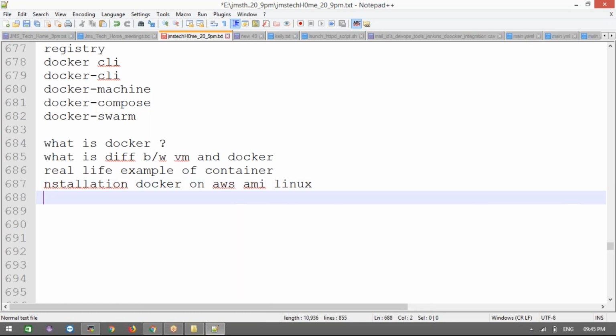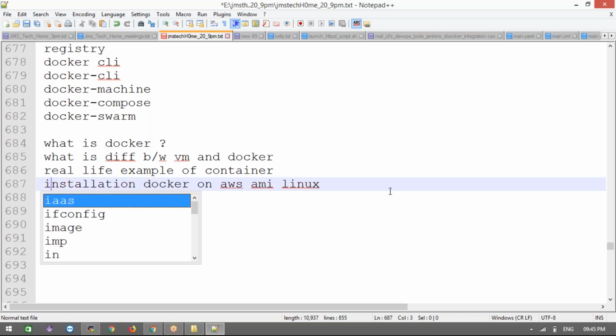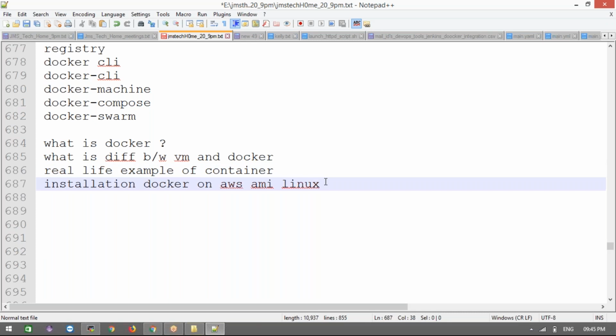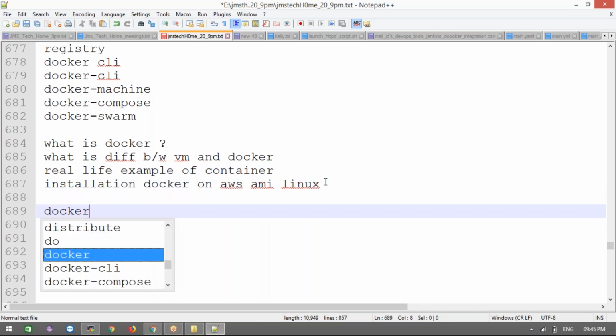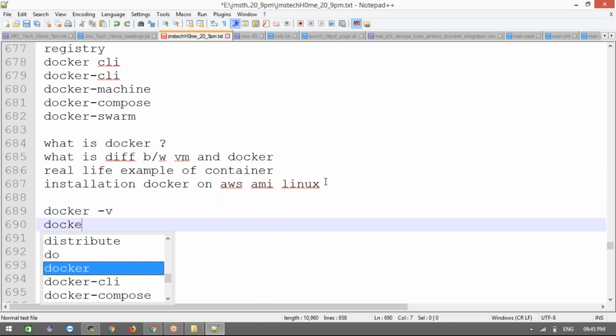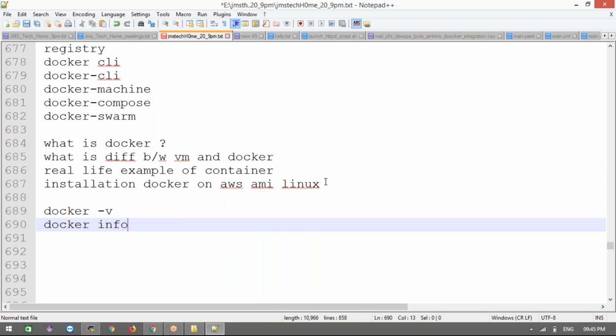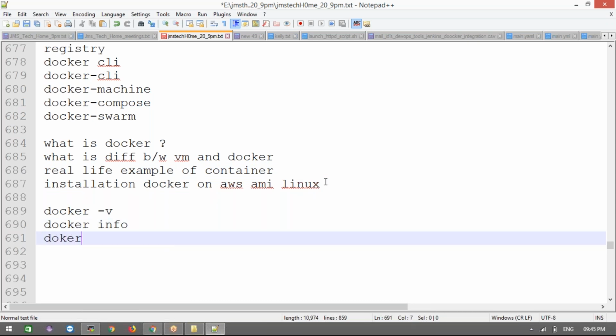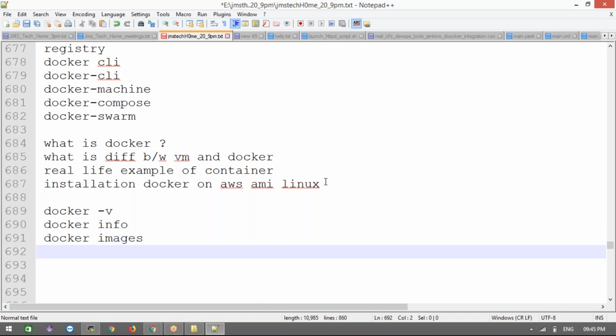After installation, if you want to check whether your install is successful or not, how can we check? We checked using the docker -v command, which shows which version you installed. The docker info command gives the complete information about your local Docker daemon. And then we checked whether any images are there in your local system with docker images. Images means the applications we have without running. After running, we call it a container. These are the commands we executed yesterday, right?